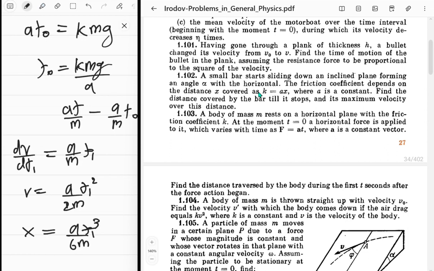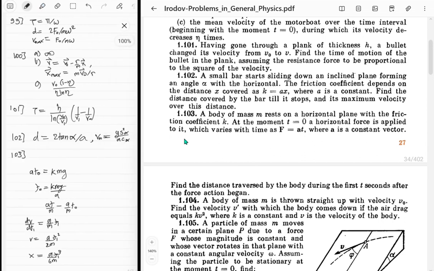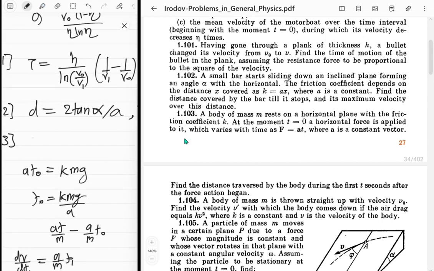And what do we need to find out? In the first t seconds, find the distance traveled. Ah, it's just this thing. Cool. And distance and displacement are the same, of course, because it's just in one direction and it's not going back or anything. This works. So it's just gonna be x is equal to